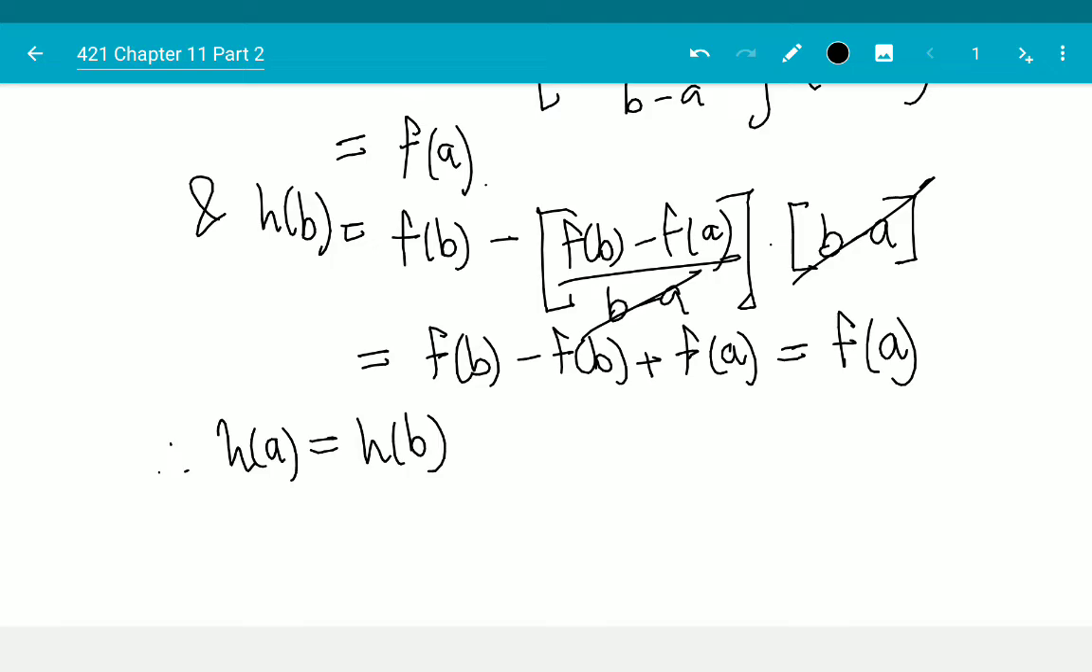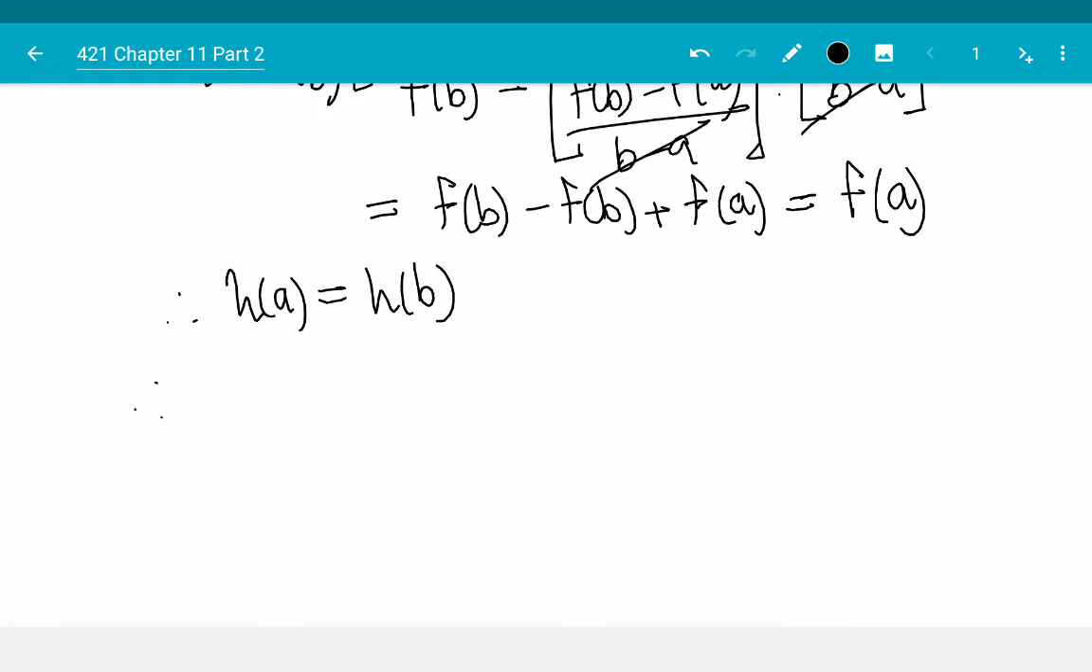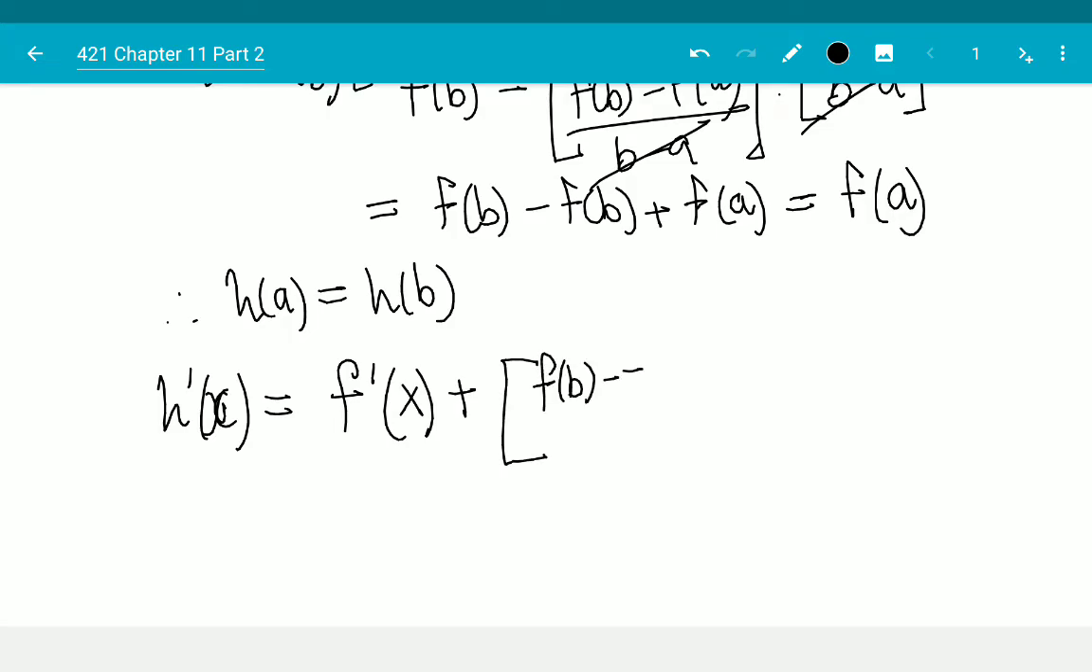And what is the derivative of h? Well, let me not get ahead of that. Okay, let me first show this. h prime of x is equal to f prime of x plus, well, f of b minus f of a over b minus a is a constant, times derivative of x minus a, which is just 1, okay? And so this is just f prime of x plus f of b minus f of a over b minus a. Therefore, by Rolle's theorem,